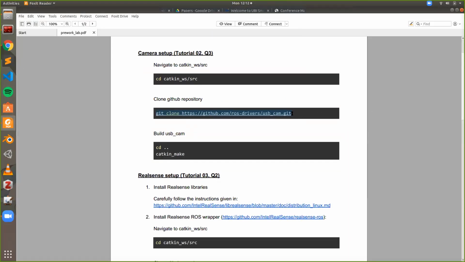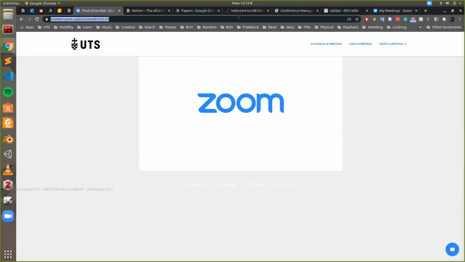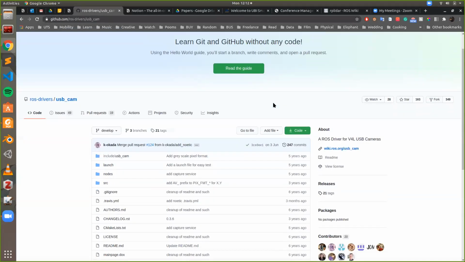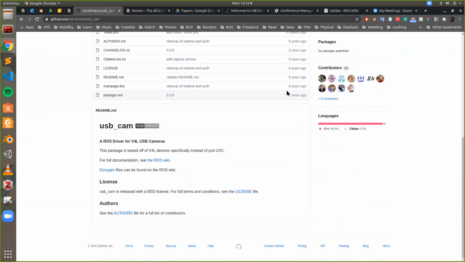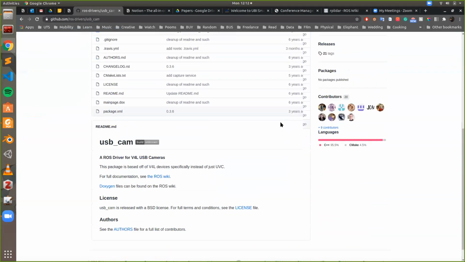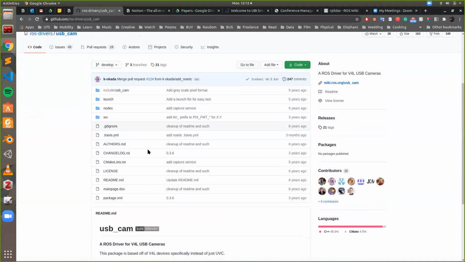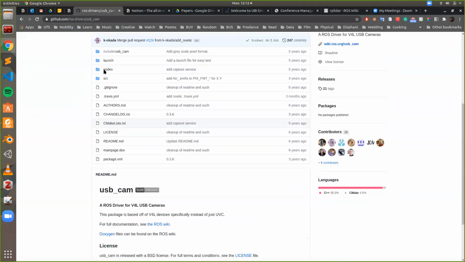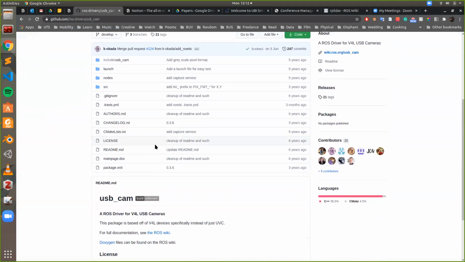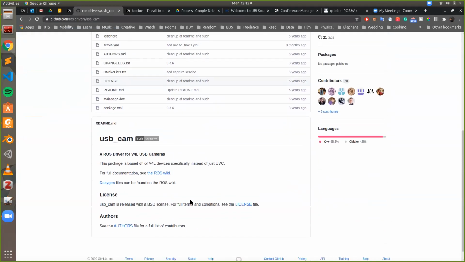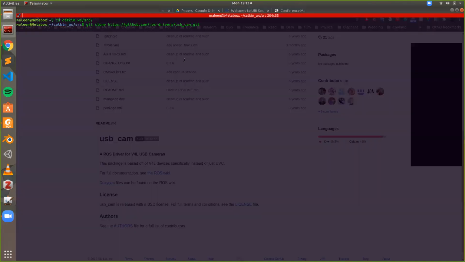So let me actually show you what that looks like. By the way, this might be super basic for some of you as well, if you've done this kind of thing, but I'm just doing this in case there are people who are not aware of these things. Right, so this is what the GitHub repo looks like. So it's all your source code and all that stuff. Usually they give you a README with instructions as well. So afterwards, what you do is when you type in this command,